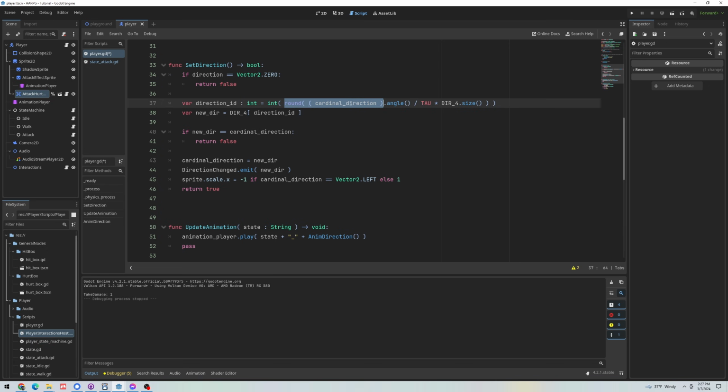It's going to say, get an angle, convert it from a 360-degree angle to a 0 to 1 number, and then multiply it by the size of the array, which is 4. So that means the possible values are technically up to 3. And then we're just going to set the new direction to that, whichever item, whichever index that is,